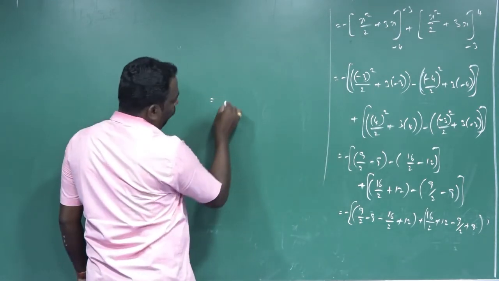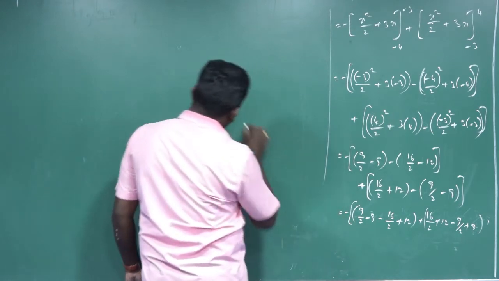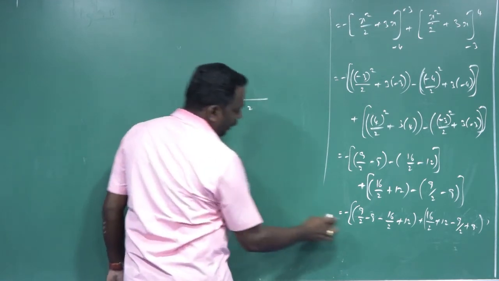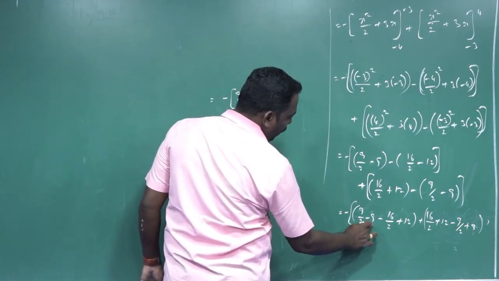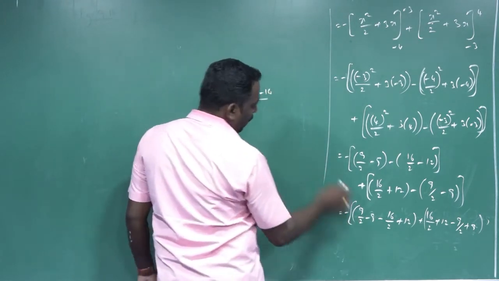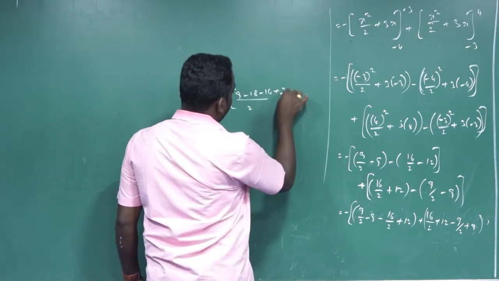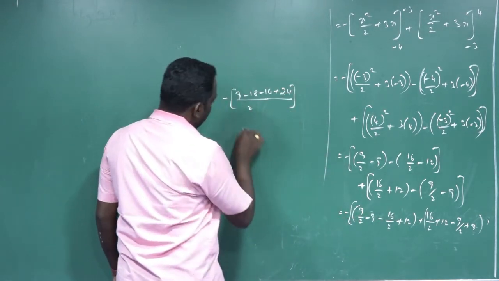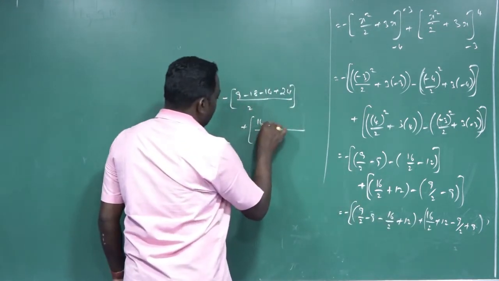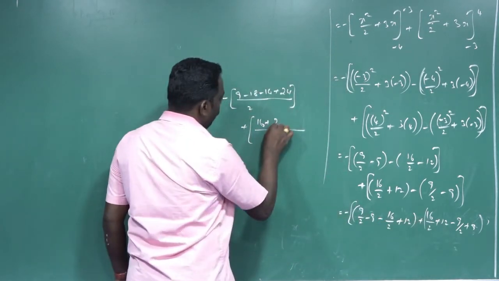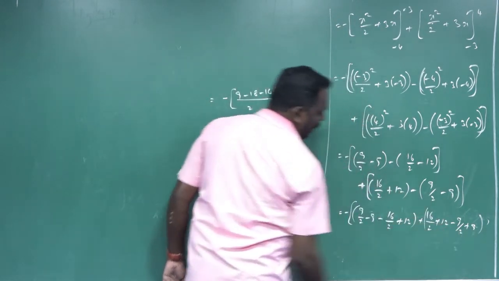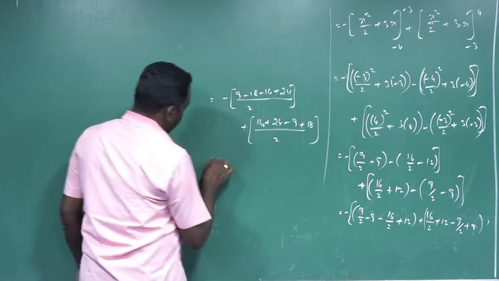And that is equal to minus, within the bracket of, take the common denominator equal to 2: 9 multiplied by 2 is 18, so minus 18, then minus 16 as it is, then multiplied by 2, plus 24. First one. Plus the second bracket, similarly, take the common denominator equal to 2: 16 as it is, and then multiplied by 2, 24, and minus 9 as it is, and plus multiplied by 2, 18.